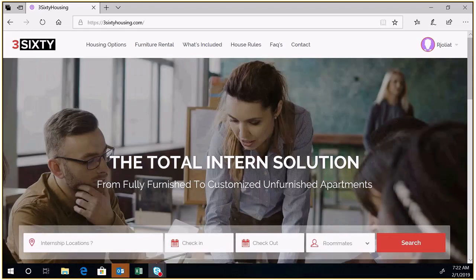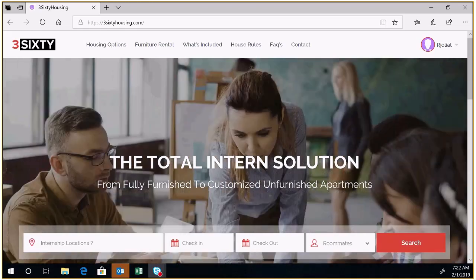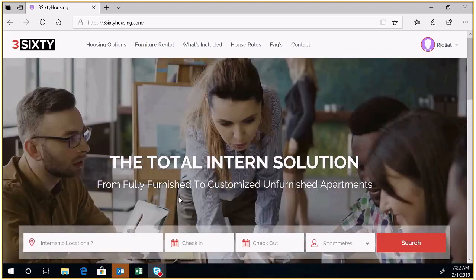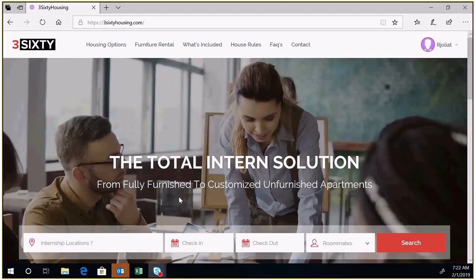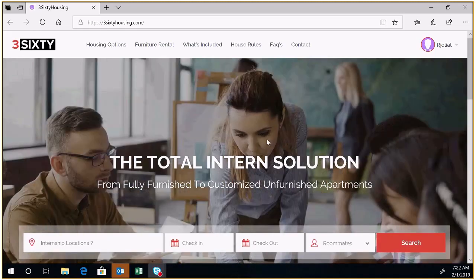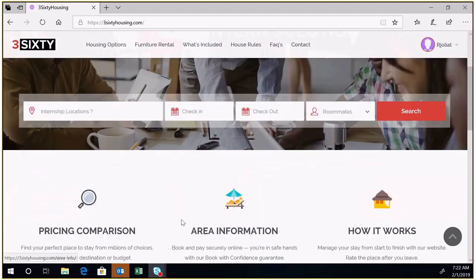Wanted to provide you a quick overview of the intern solution that we've created for this year's season. This site is designed to create a variety of options, both furnished and unfurnished, for the interns. This is the landing page in which the interns can do a quick search and/or just see general information about